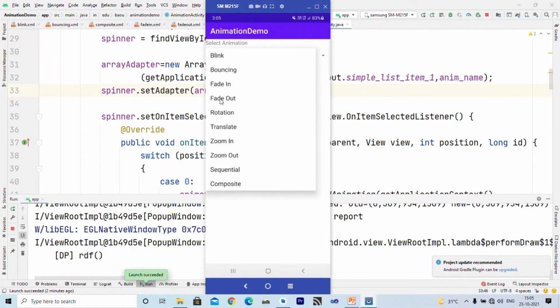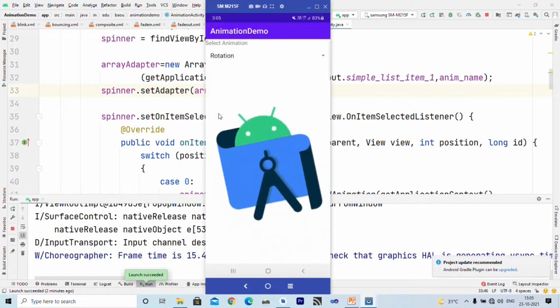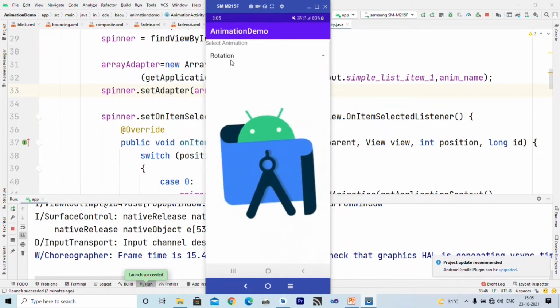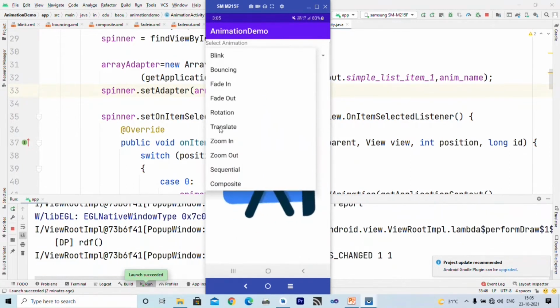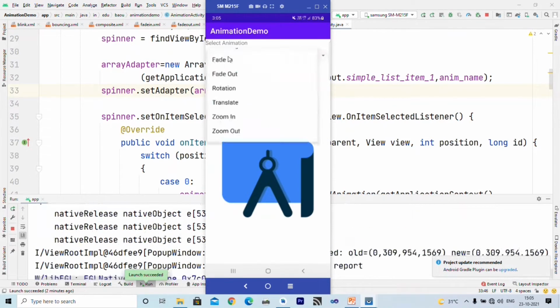Similarly, we have rotation, which rotates our image on the screen, and we have translate, which moves the object and after finishing places it back at its original place.